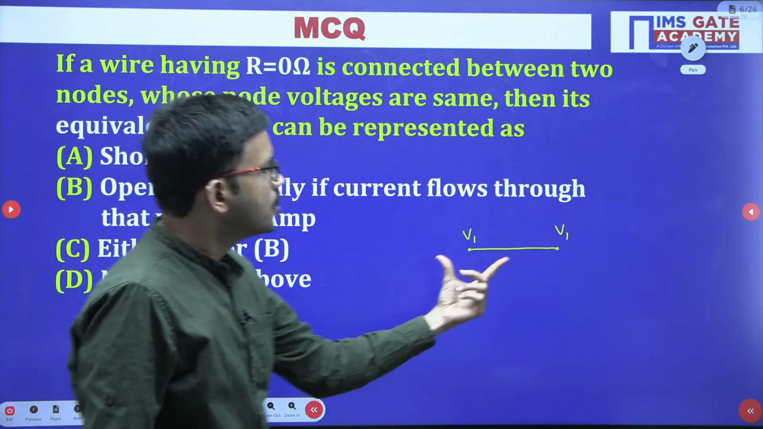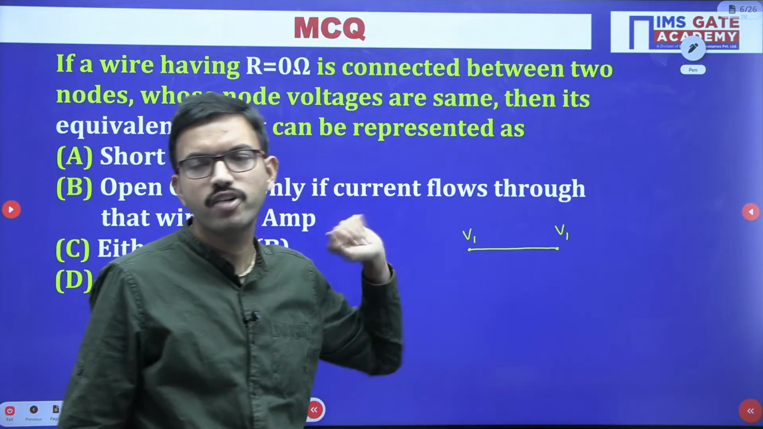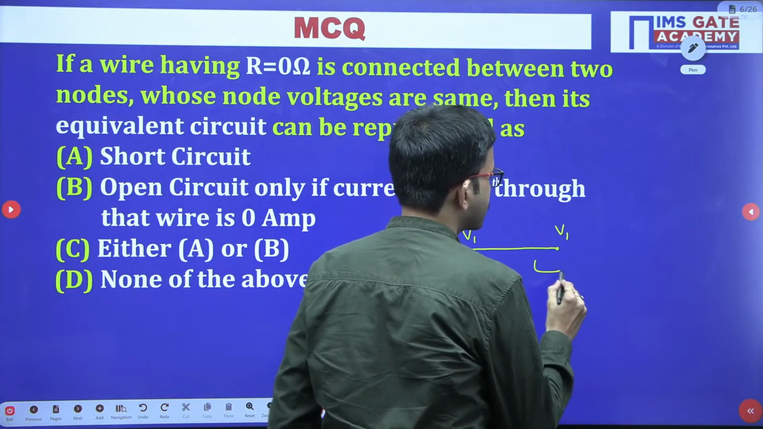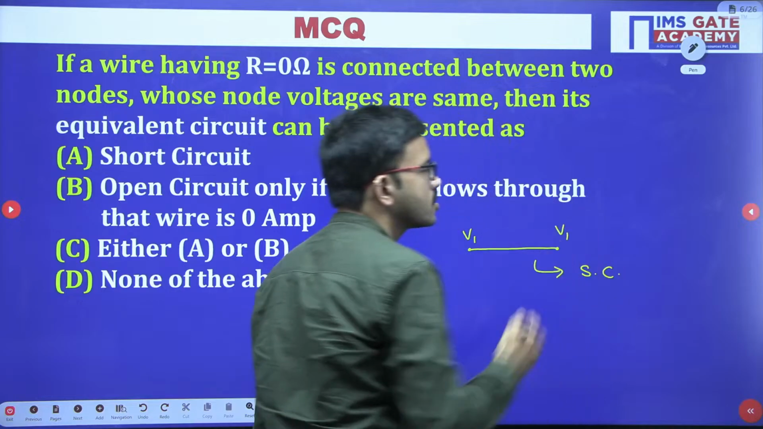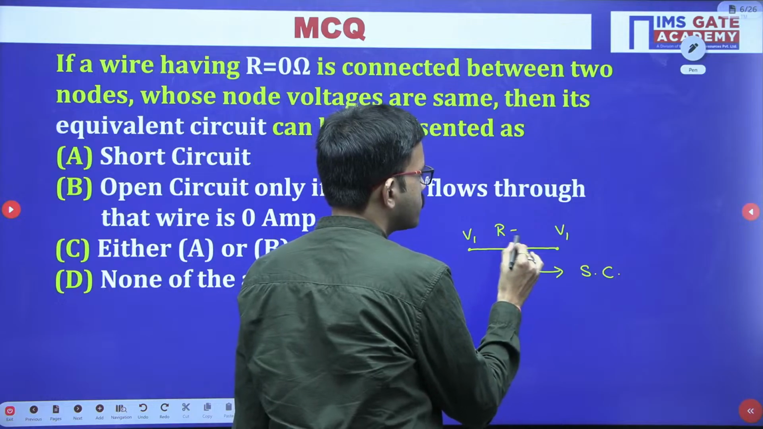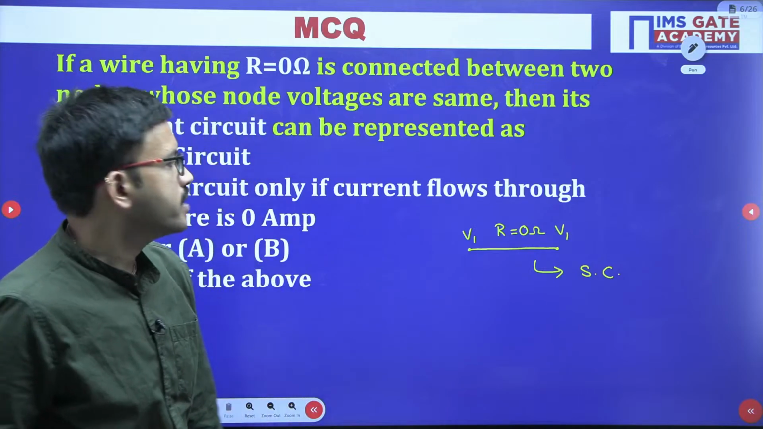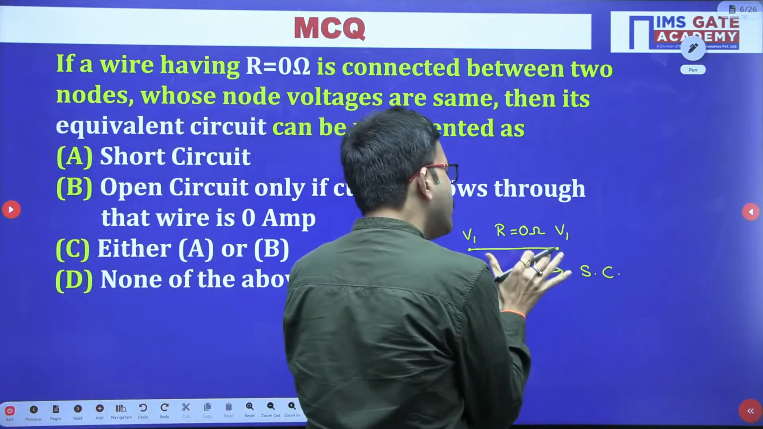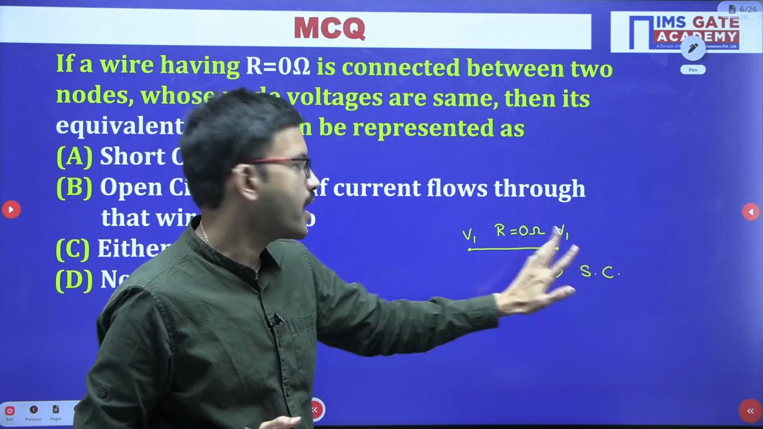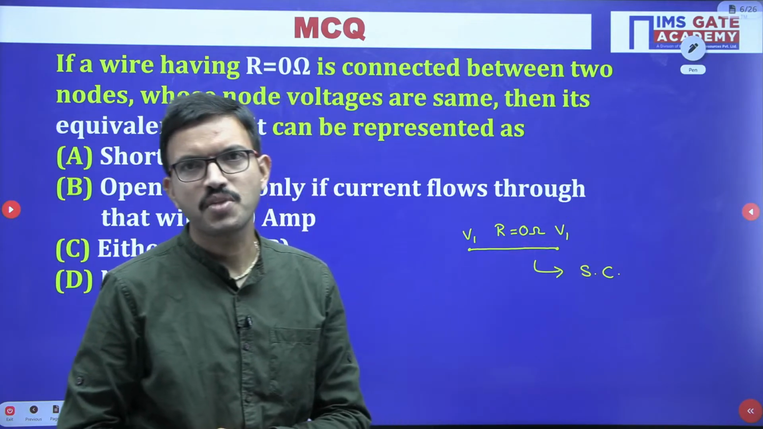Now, this particular equivalent circuit, they are asking. See, you can observe you are having two nodes, and between them I have just connected one wire. Because I have shorted these two nodes, we can call it a short circuit. Here, the resistance of this particular wire is 0 ohm. Whenever you have a wire between two nodes, and the end voltages are same, we can call it a short circuit. Now coming to the current,